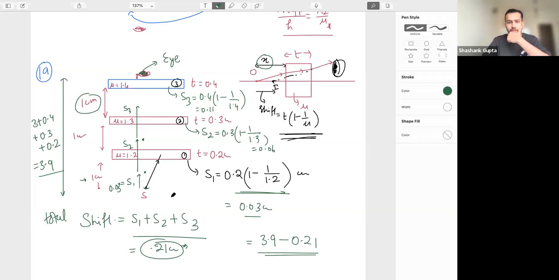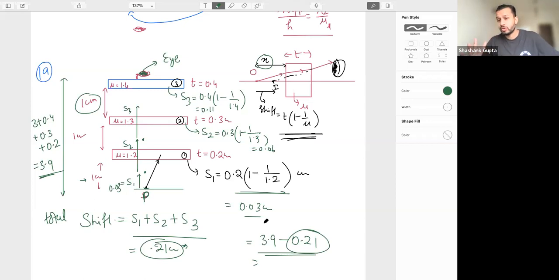The S you have taken is P. Yes, the S I have taken is P. Yes, that's what I meant. But this difference is not coming out to be 0.2, right? If this is 0.3.9 and this is coming out to be... one minute. Oh, they said above P. Sorry, I was calculating the distance from the eye. They had given the answer from P. Okay, so they had given the answer this way, right?